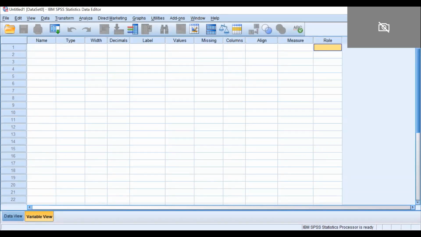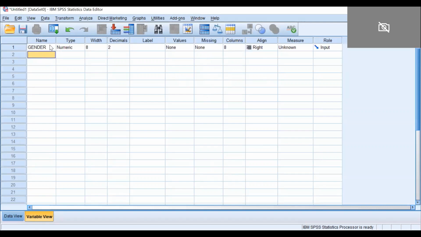Firstly, suppose in your study you have used, let's say, four variables. What are your four variables? In my study, my first variable is gender, so I will simply write gender here. The second variable is income, so I will write income here.